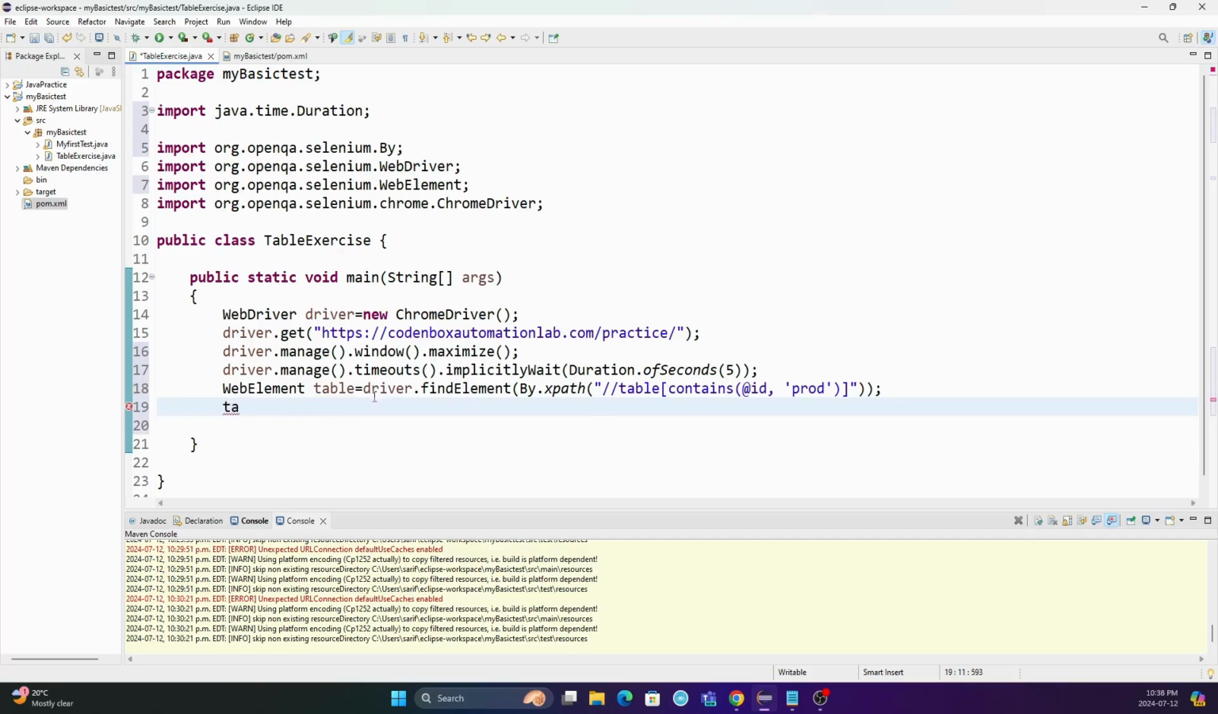I'm going to use drive table. Now you can see what I did over here. I put the whole table in a variable. So now I'm going to use this table. I'm supposed to use driver, right? Usually we use driver dot find element,